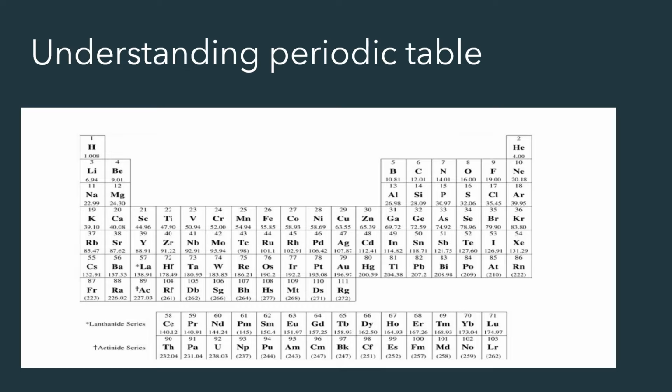As you see, the periodic table is an arrangement of elements, and it starts with 1, which is hydrogen, and second is helium, so on and so forth. It's arranged in a chronological order. Total number of elements is 118, and as we see,